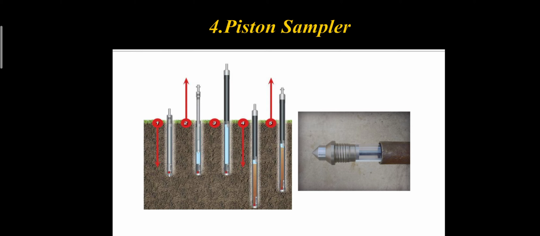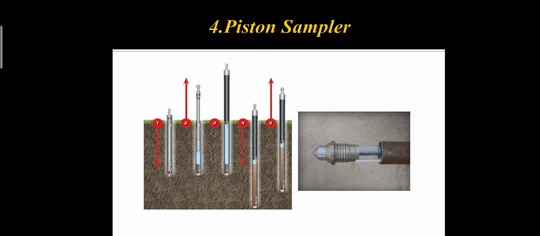The next is the piston sampler. Piston sampler is very similar to collecting blood samples. In an injection there is a piston, and that piston is pushed first to the bottom end. Similarly here you can see in this picture at step 1 it is completely pushed inside. First the injection needle they will put inside our human body or vein. In the same way, the piston is completely down inside in this first step. In the second stage, they slowly pull the piston upward. Then what happens, the blood from the veins is taken inside the injection.